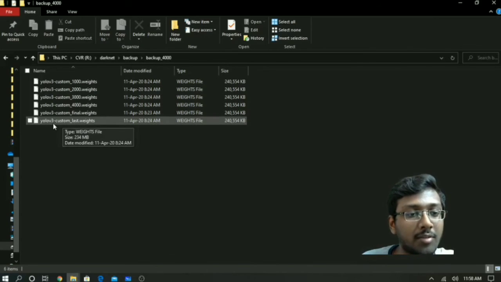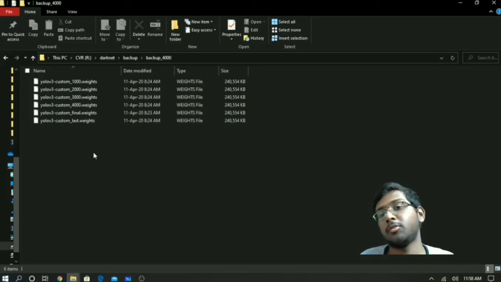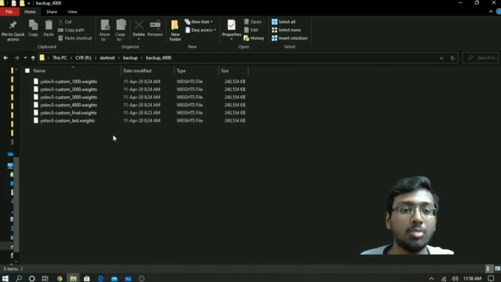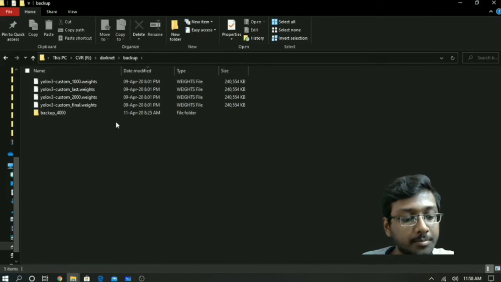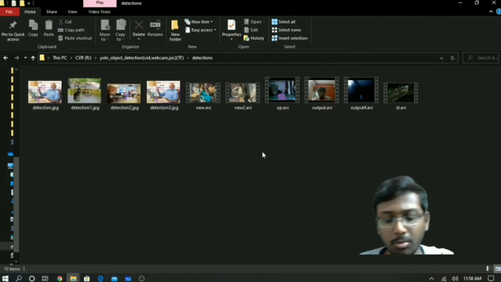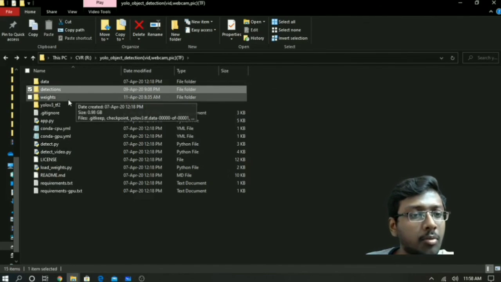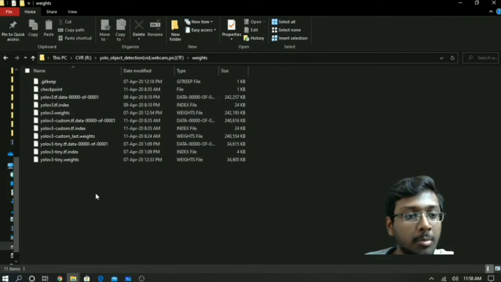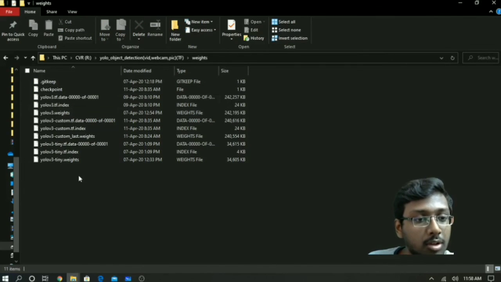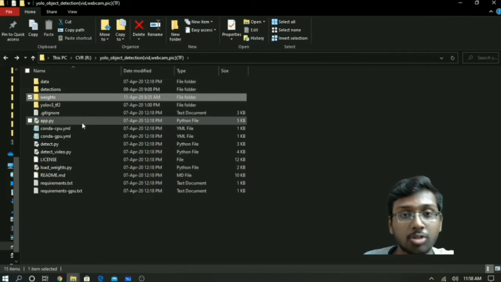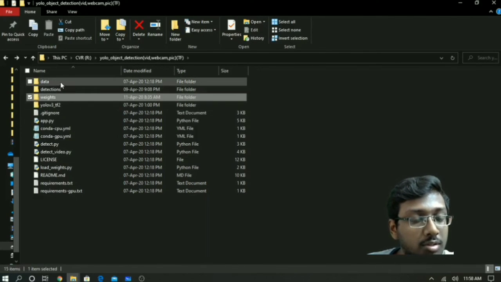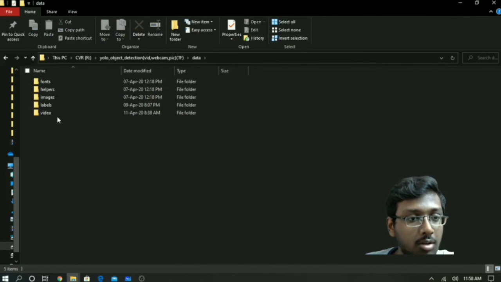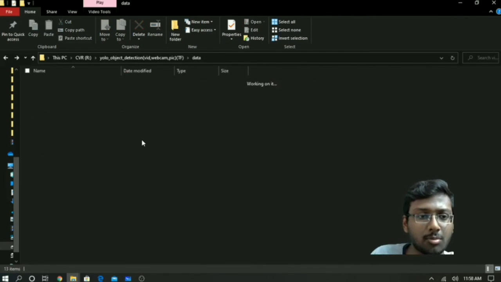So the last, final weights you can just feed using Darknet, but if you're using the wrapper, then convert this to TF, and the syntax and documentation on how to convert will be given in the description. And the detections, you will be storing all in your detections folder, like videos, images, webcam videos, anything. Here you need to have your custom weights. Once you have generated them, keep the weights over here. What else you have to change in this wrapper is in the data section, and videos is like source videos, whatever you will be having.